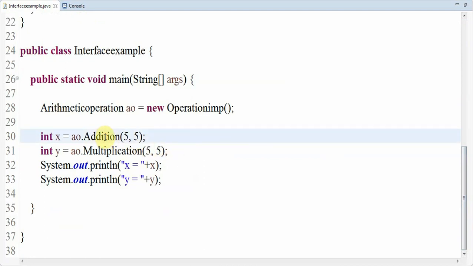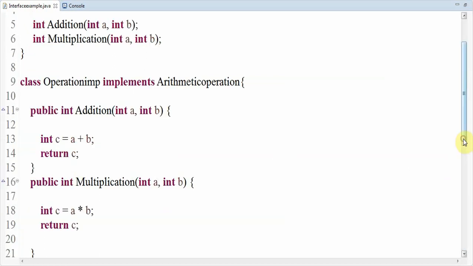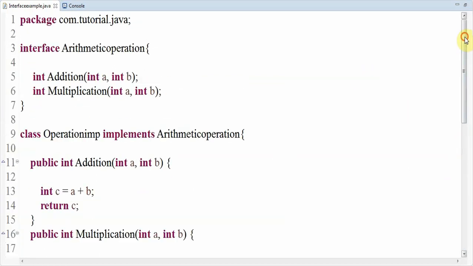When we call this addition operation, we just require the operation to be performed and the value to be returned. We are not caring about what's happening inside, and that is exactly what abstraction is. This concept is implemented using an interface. I hope you understood the concept of abstraction using interface in Java.